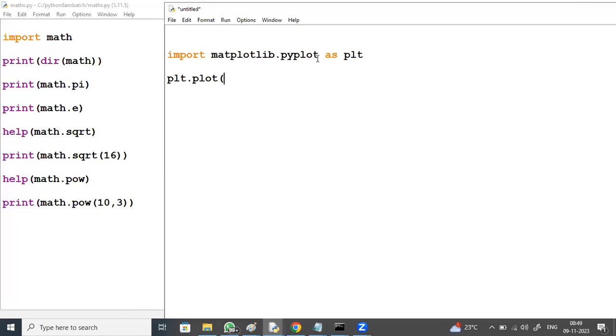For plotting a graph, two things are required: x coordinates and y coordinates. 1, 2, 3 are x coordinate values. Y coordinate values 5, 7, 4.